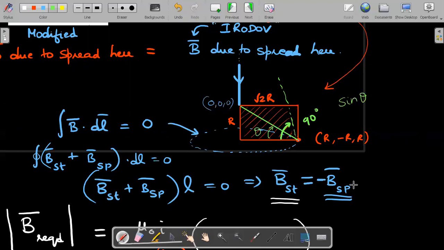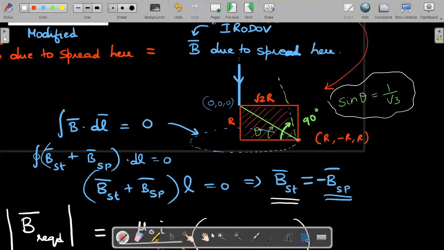The value of that sine theta, magnitude wise, is equal to the opposite by the hypotenuse. Can you see that the green colored one is the hypotenuse? If this is r and this is root 2r, this hypotenuse would be root 3r. So the value of sine theta is r divided by root 3r, which gives you, on the side line, 1 by root 3. This is the side calculation that we did, which we'll use.